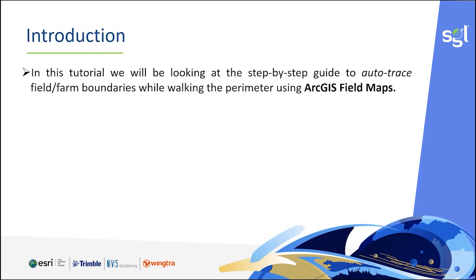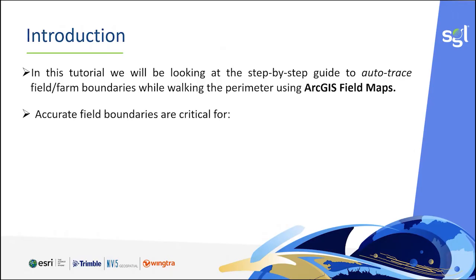trace your routes. Take, for example, you want to pass through a new route, or you want to create a new route in a particular area, or you want to access a pipeline, or you want to do one or two things, depending on the area or depending on the specific need. You can actually auto trace your routes as well as also auto trace your boundary. So now we'll be looking at